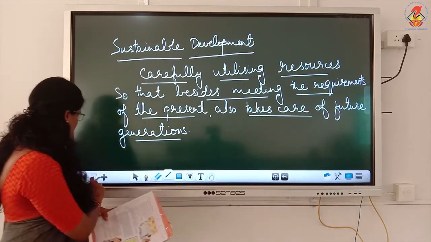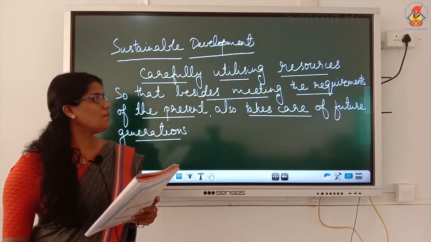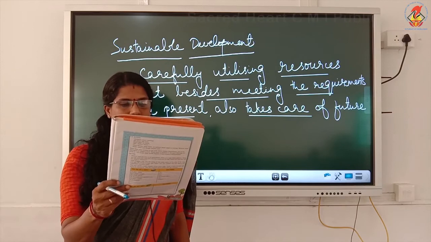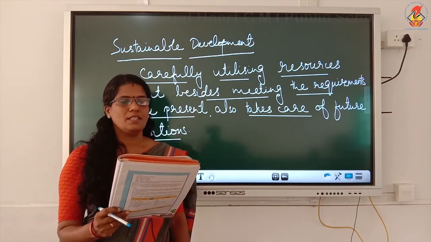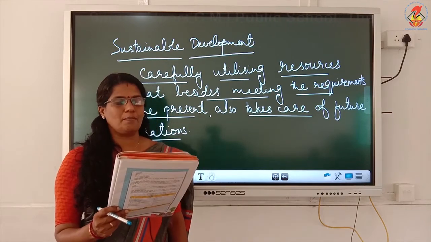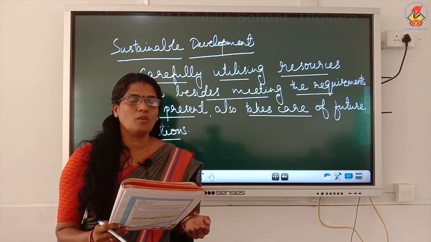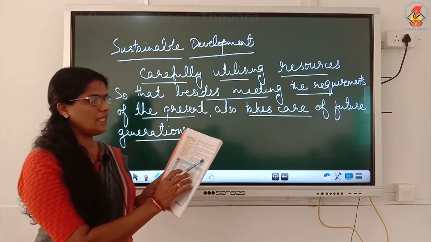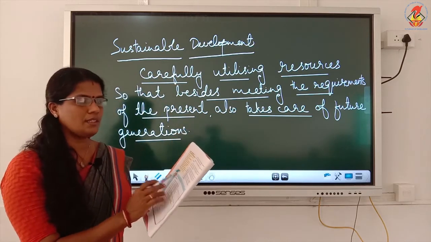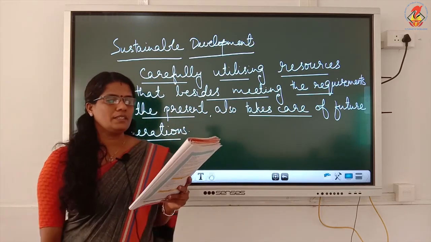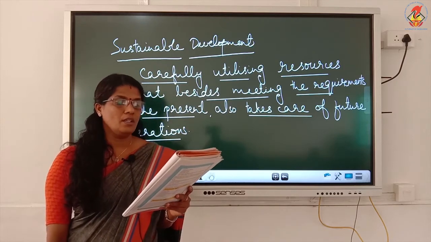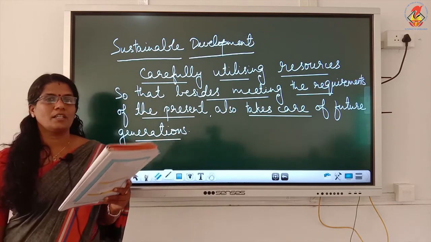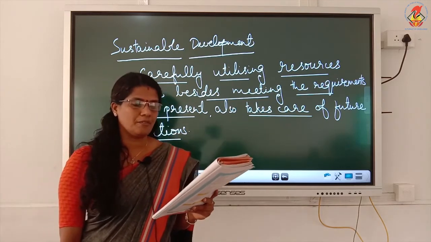Now, next topic: coming to principles of sustainable development. Page number 6, take page number 6, some principles of sustainable development. What all we have to follow for this sustainable development. In the last paragraph you can see, it is our duty to ensure that, underline from there, it is our duty to ensure that all uses of renewable resources are sustainable, that we should take care of all the different resources.